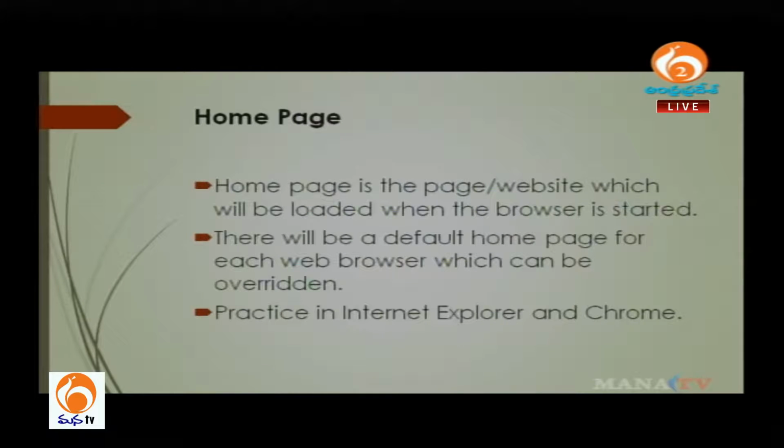Suppose we are accessing some 100 websites, and we organized them into different categories. These are all the websites I want when I am learning something, these are all the websites for tutorials, these are the technology websites, these are the websites for education like IIT and NIT, and these are the websites for mailing like Yahoo Mail, Gmail, Rediff Mail. So we organized everything into one web page and put it as a home page,